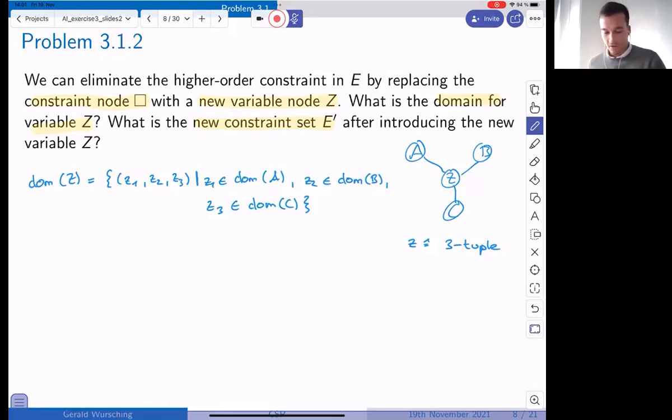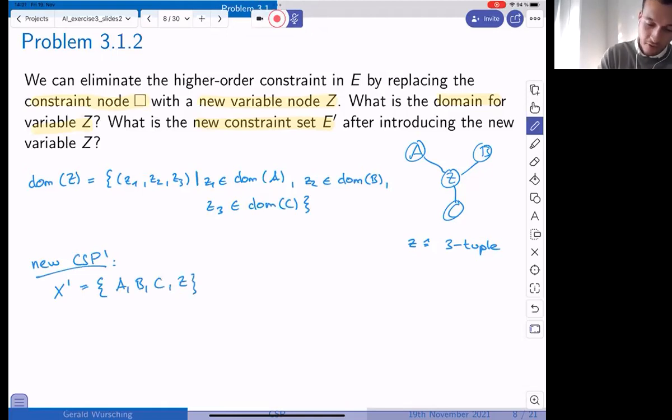Okay, so then the question was, what is the new constraint set? So we can write it up maybe like this. We can say we have a new constraint satisfaction problem. The new constraint satisfaction problem looks something like that. So we have a new set of variables.